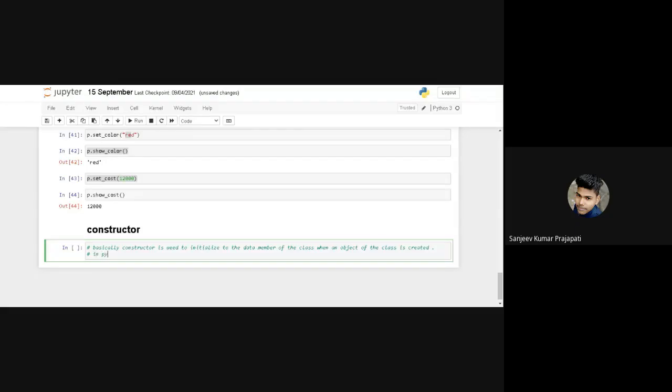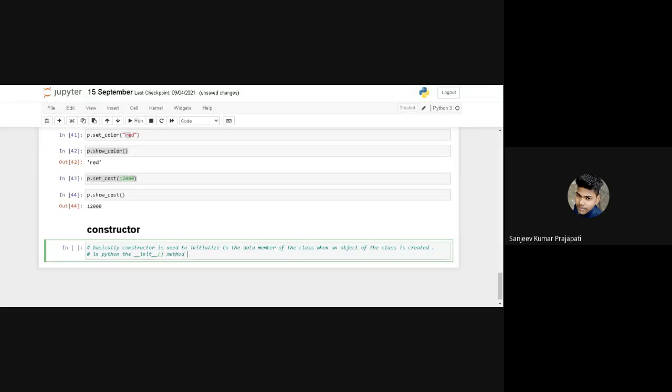And next is the second point. In Python, a constructor is written like this: double underscore init double underscore. This is the syntax for how to create a constructor.